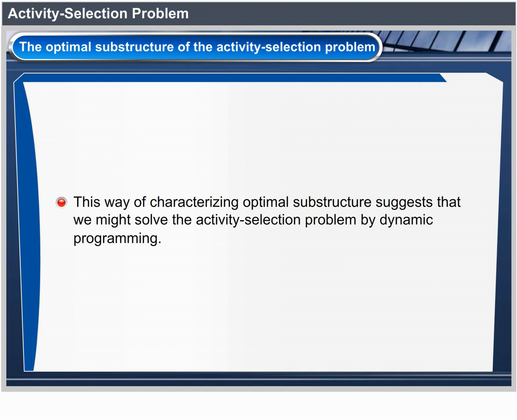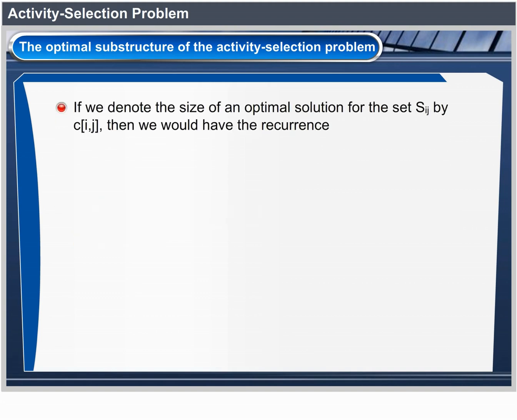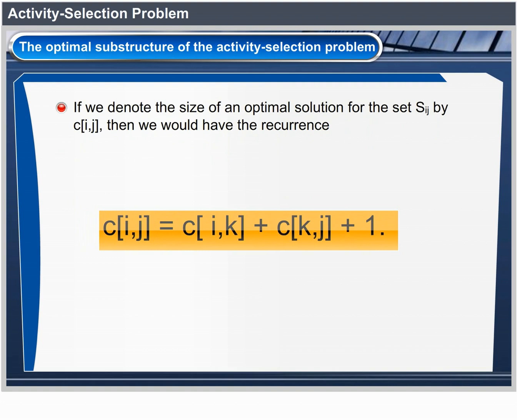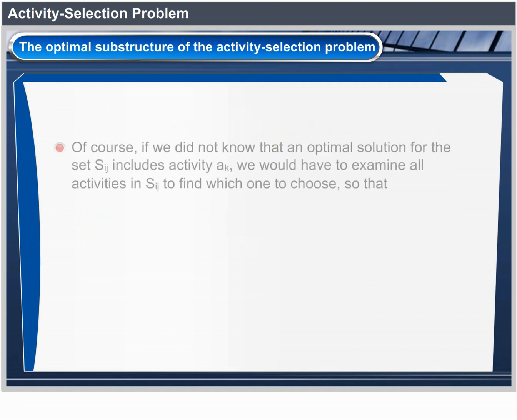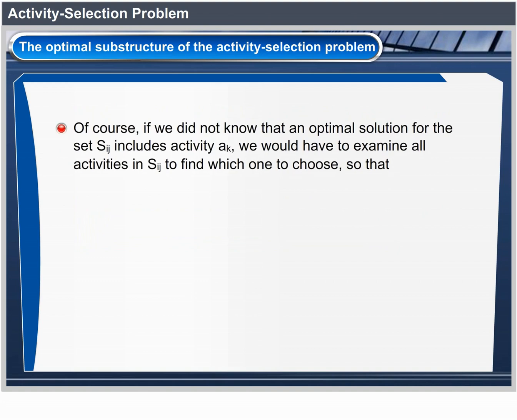This way of characterizing optimal substructure suggests that we might solve the activity selection problem by dynamic programming. If we denote the size of an optimal solution for the set Sij by c[i,j], then we would have the recurrence c[i,j] = c[i,k] + c[k,j] + 1. Of course, if we did not know that an optimal solution for the set Sij includes activity Ak, we would